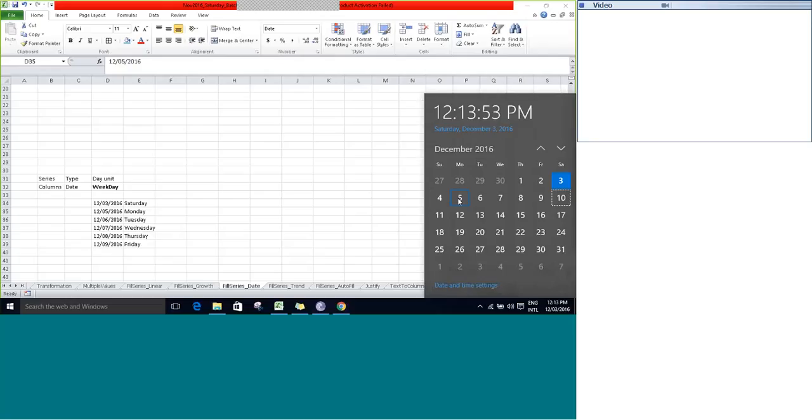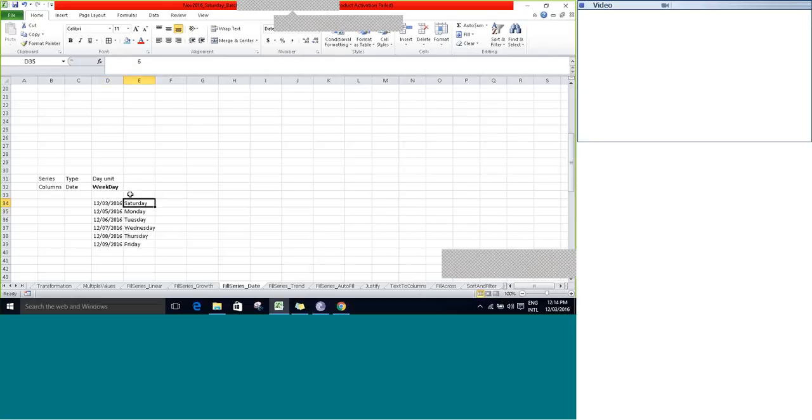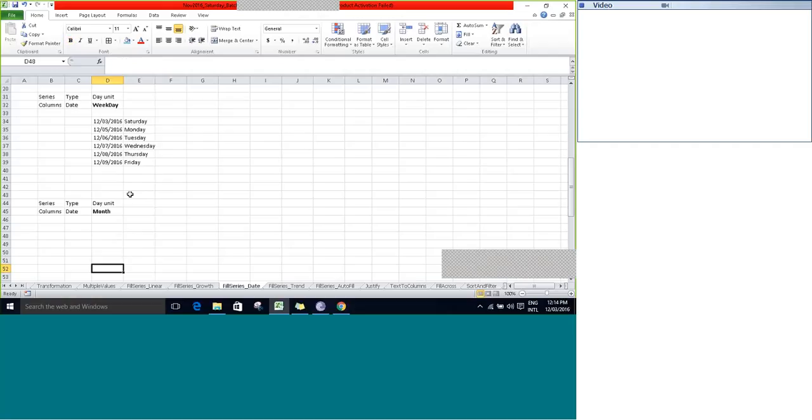You can observe that wherever there is a weekend, it considers the weekend as Saturday and Sunday by default. So it will ignore Saturday and Sunday, and print only the weekdays to the user. It will consider only Monday to Friday and generate the pattern. This way you can use the day unit as weekday, and the next one is going to be